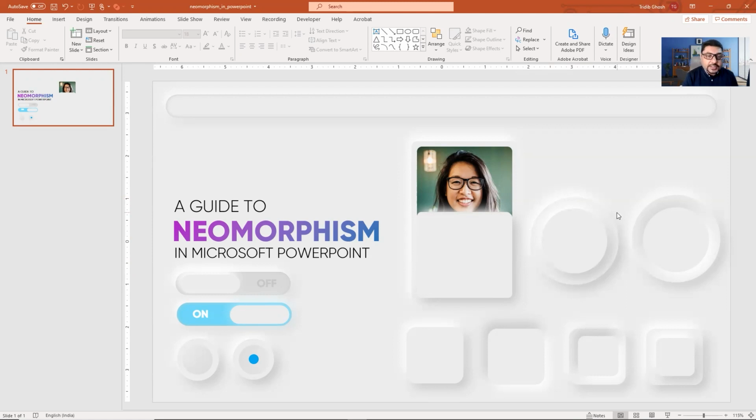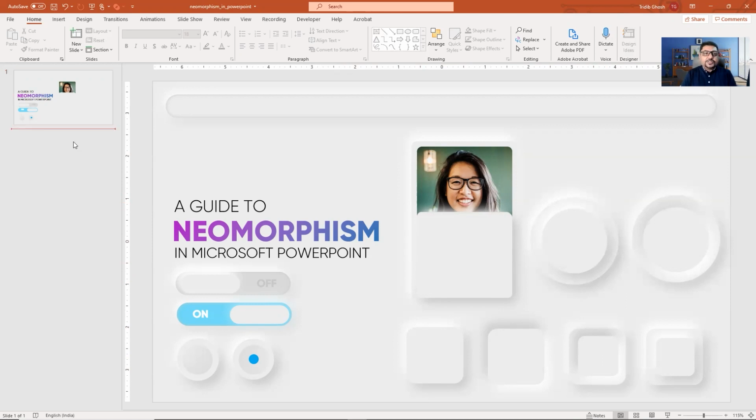What is neomorphism? Let us first understand. Neomorphism is a totally new trend in the current design scenario, where people are creating these softer elements in their design, be it UX design, UI design, or a PowerPoint presentation. These elements look fantastic. They have a very soft shadow and soft glow around them. And even if the button is in an up or down state, it is very subtle. It gives a much softer aspect to the entire overall design.